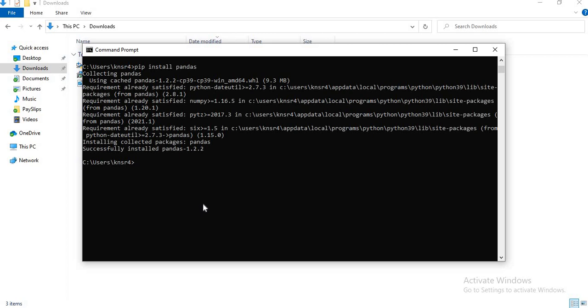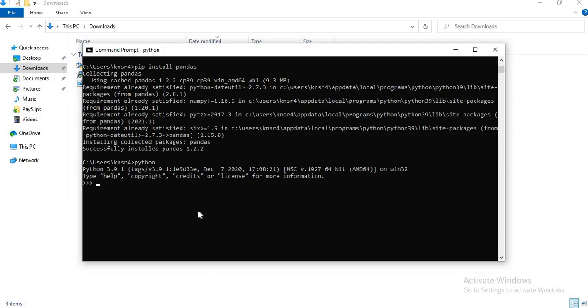Now you want to verify whether the packages are installed properly. So I will enter Python. It will enter into the Python command line. Now I will check import. I want to check NumPy. So import numpy. It is executed successfully. Now similarly import pandas. It is also successful. In this way you can install the packages, import them, and verify whether the packages are installed properly or not.